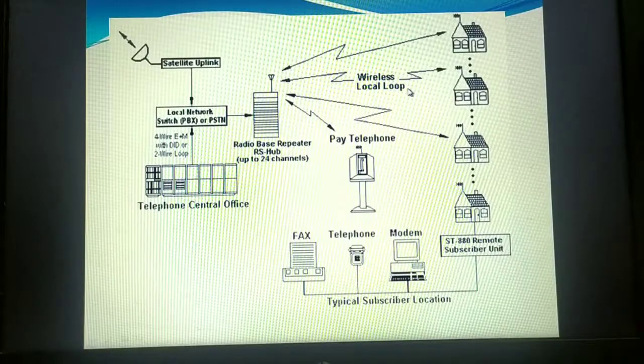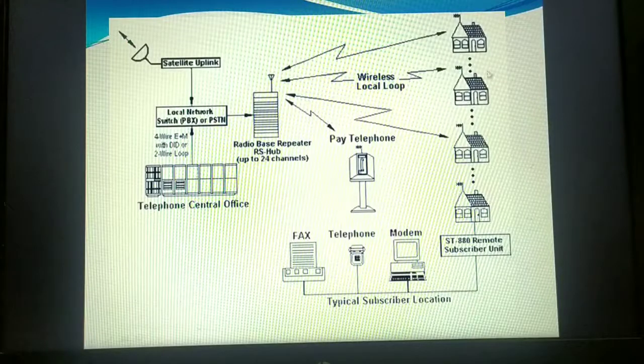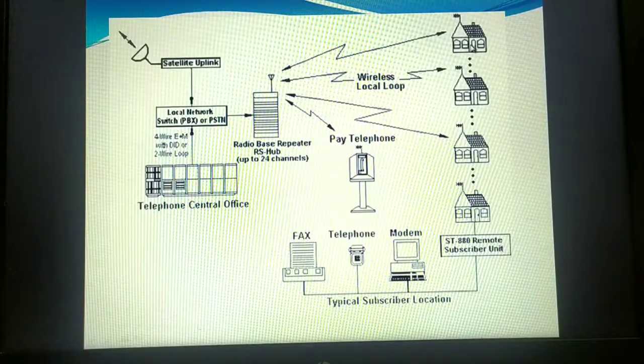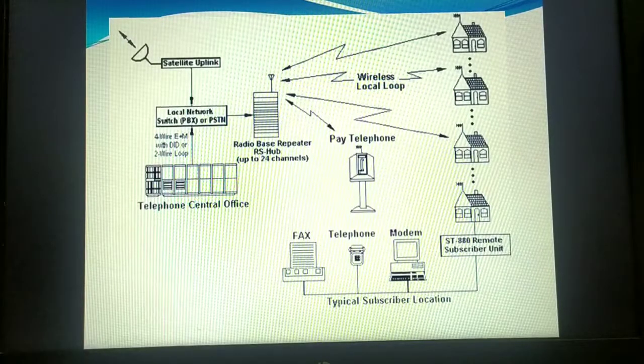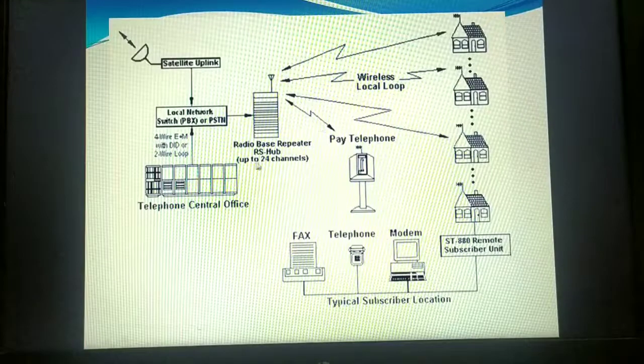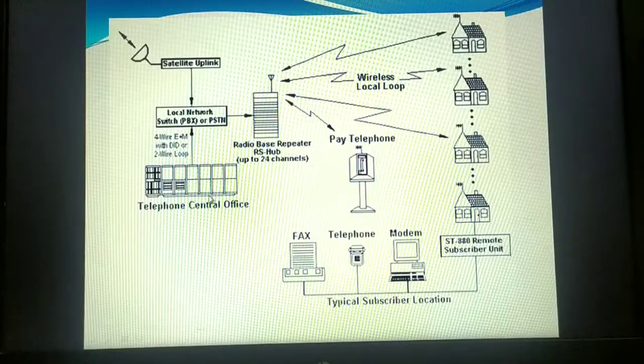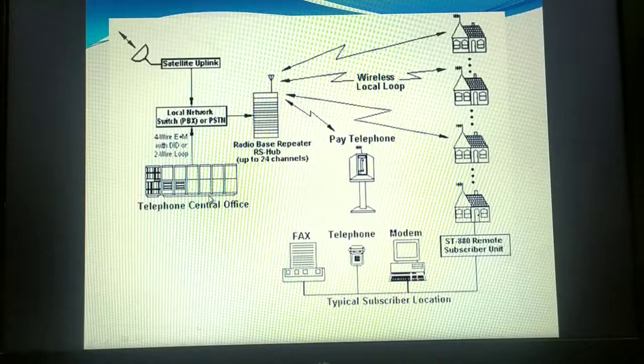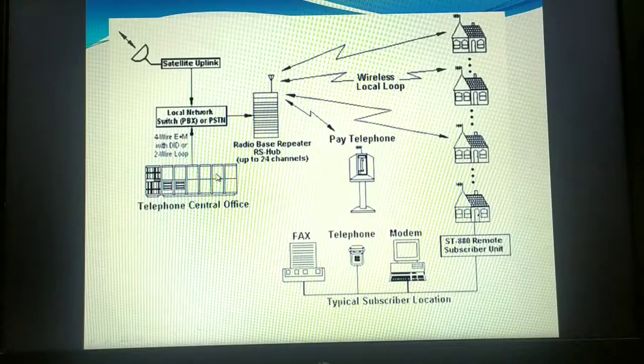WLL is nothing but a telephone system where the subscribers are served and connected to the switching office. We have studied the switching office in circuit switching. The switching office mainly helps you to recognize the call. Think that this is a source and this is the destination. If a call is made by the source from this home, your signals go to the switching office.